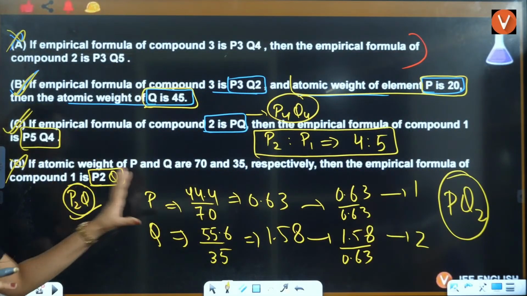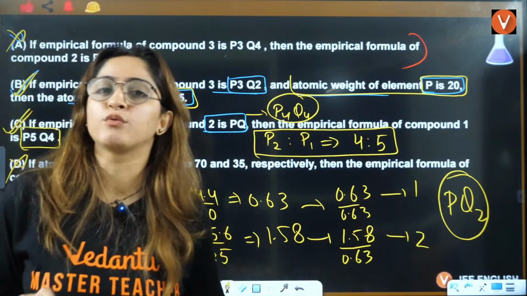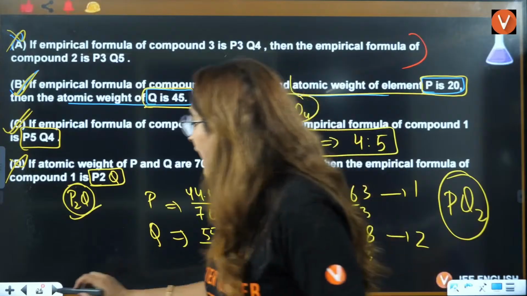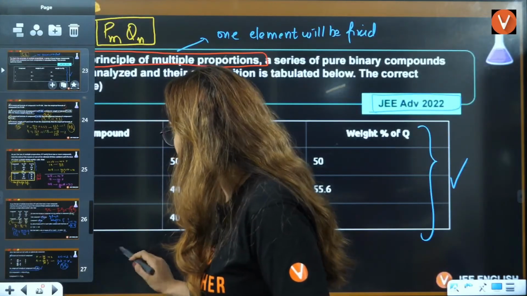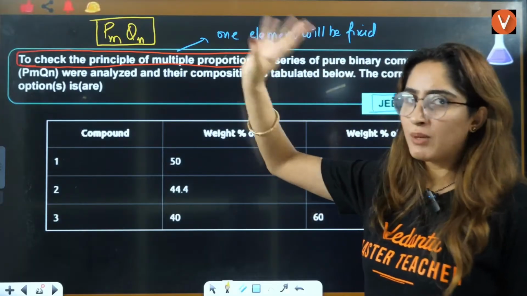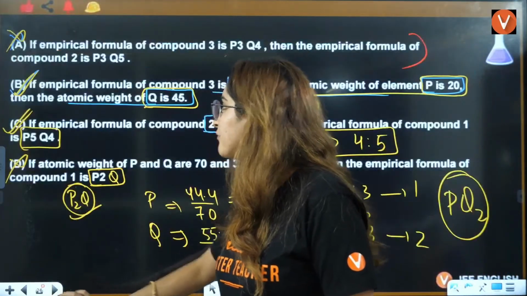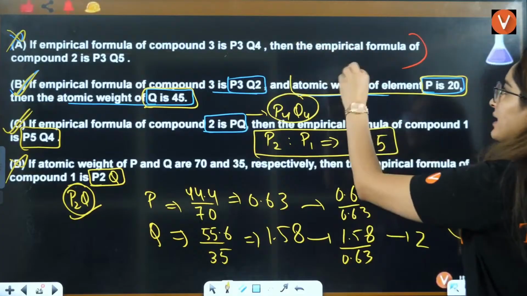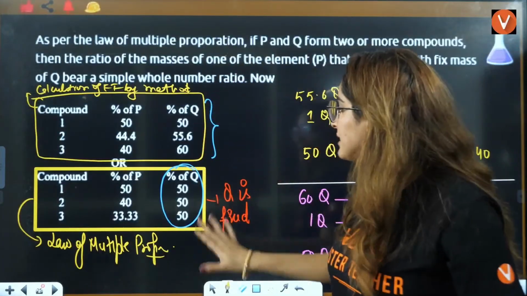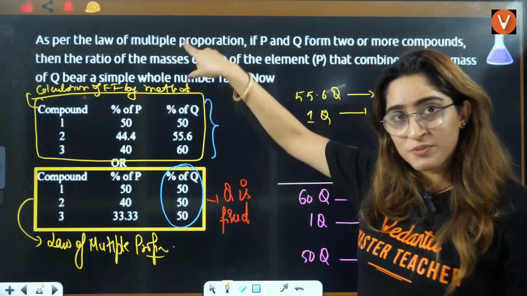And for this, definitely you have to be really good in calculations, because in JEE Advanced, they will ask you good calculations, right? And students, I'll just again explain this. Law of multiple proportion and empirical formula method, two things we are applying. Whenever we are comparing two empirical formulas, we are applying law of multiple proportion, that from the option we are